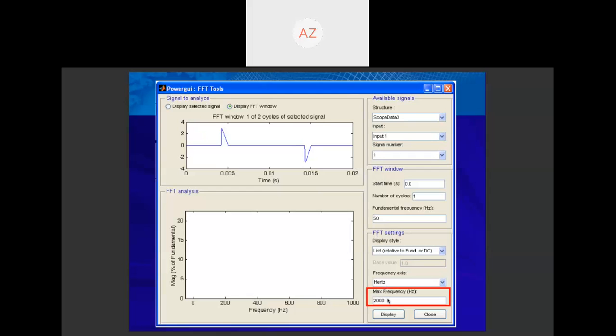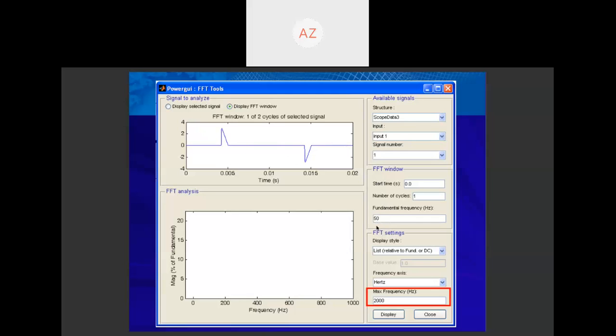That's why the maximum frequency we set is 2000. 2000 divided by 50 Hz equals 40. So in this example, we want to analyze the harmonic spectrum in this distorted supply current waveform up to 40 harmonics only.